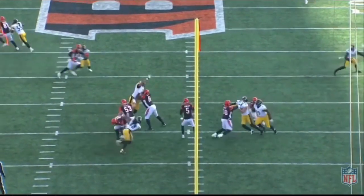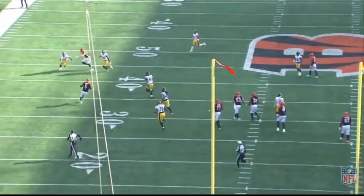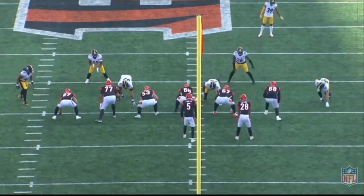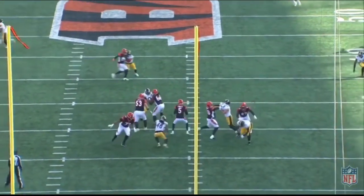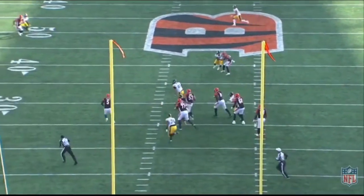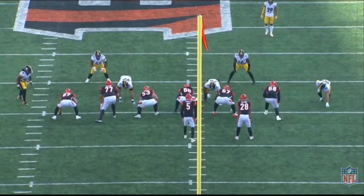But I mean, you see the ball gets thrown on a screen downfield. Heyward immediately just taking off, and this is a guy that plays obviously a ton of snaps, about 80% of the time. You think he would want to conserve energy and not have to run everything out to be able to handle and endure all the snaps he's going to play, but not him, and really no one along this